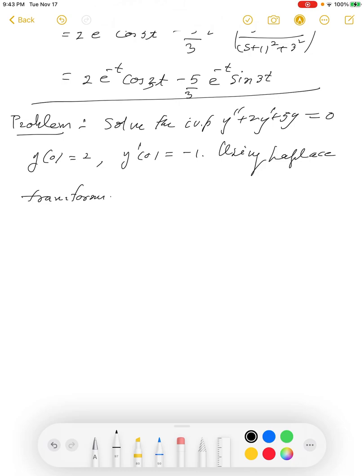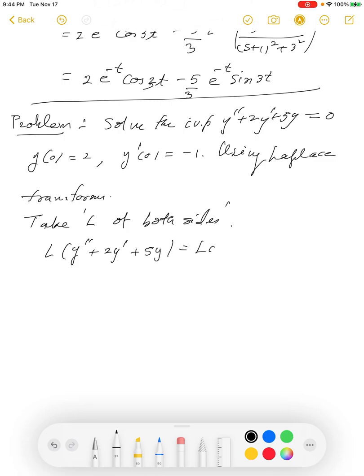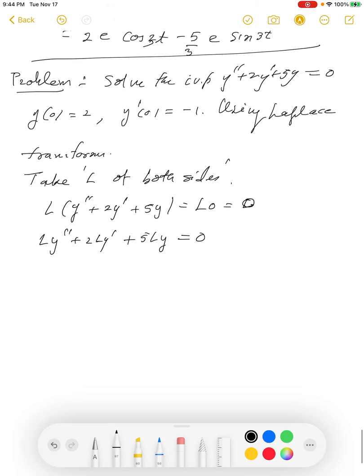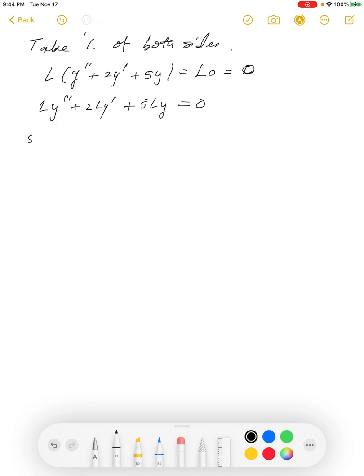So we'll always start by taking L of both sides. That means again apply the linear transformation L to these vectors on both sides. These vectors are functions in the space of continuous functions. L of 0 is 0, and the left hand side is L of y double prime plus 2 L of y prime plus 5 L of y. That should be 0. Then by using the formula for the derivative, this is s square Ly minus sy0 minus y prime 0